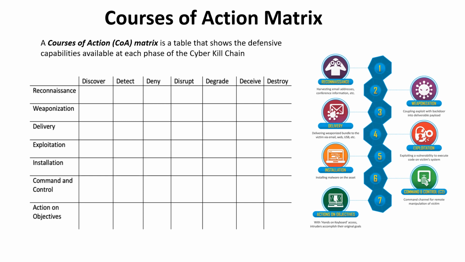These defensive capabilities are the following: discover or identify the adversary's past activity, i.e. logs, detect or identify adversary's current activity, deny or prevent adversary activities, disrupt or interrupt adversary's activities or flow of information,